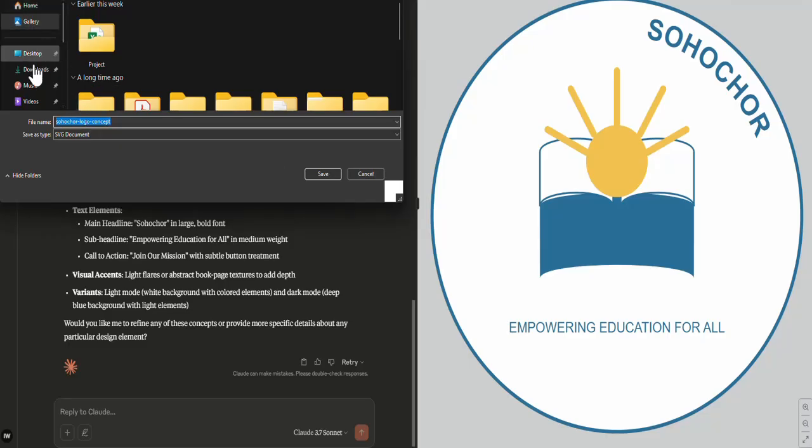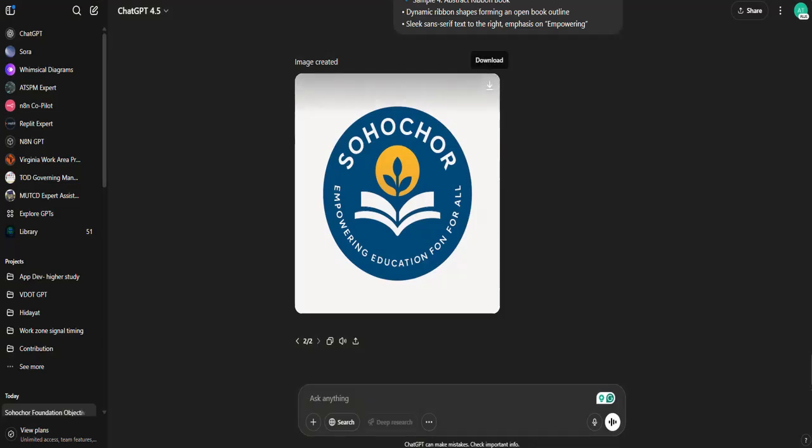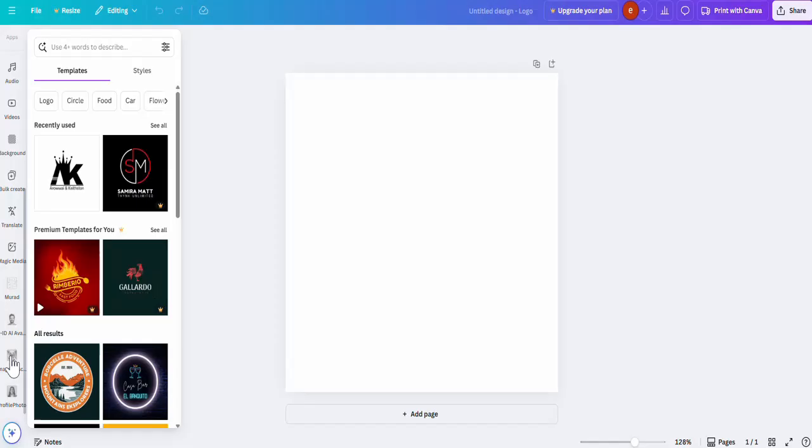So one thing, I tried multiple times to tell ChatGPT to create SVG format, but it failed. It creates a picture in a certain dimension. So they have